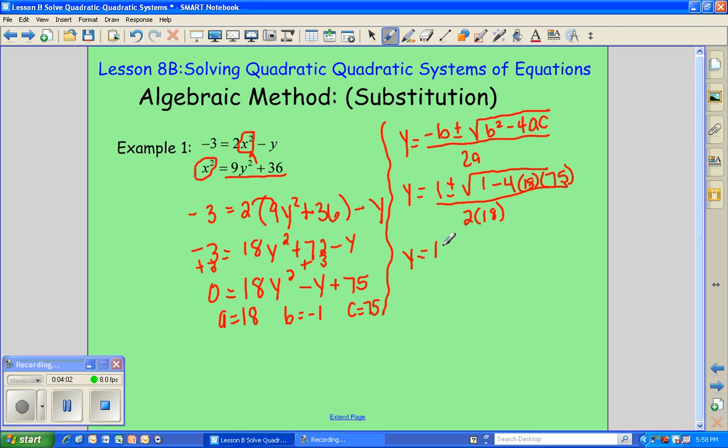And when you work this out, what you end up with is a negative number under the radical, which is not possible. So therefore, we would say that this guy has no solutions. So I told you it doesn't happen much, but it can happen. If you can't come up with a y value, then there's not going to be a point that exists. So this would be a case of no solutions. All right, so let's move on